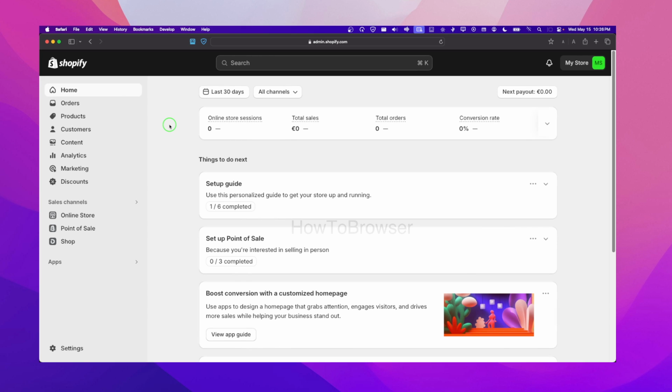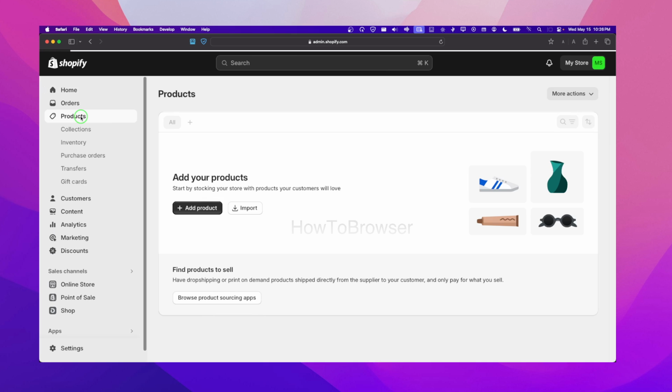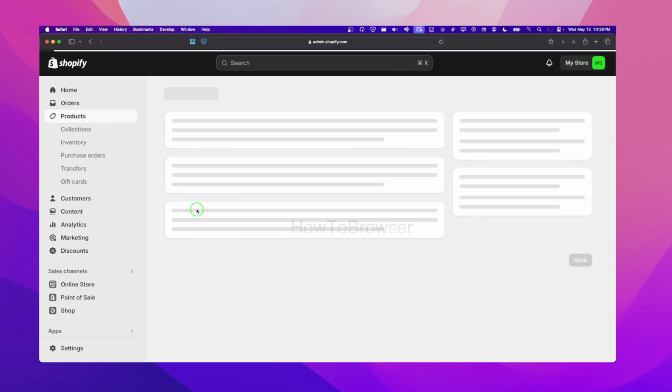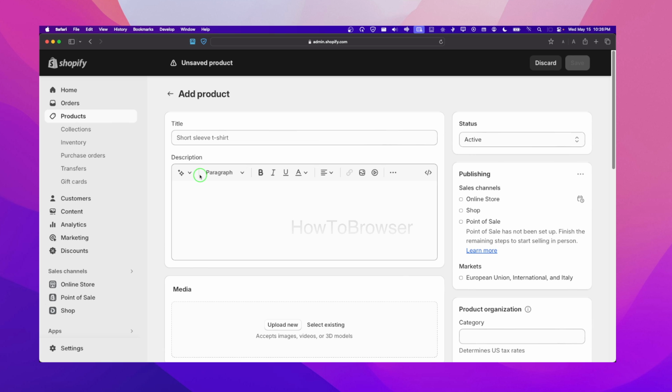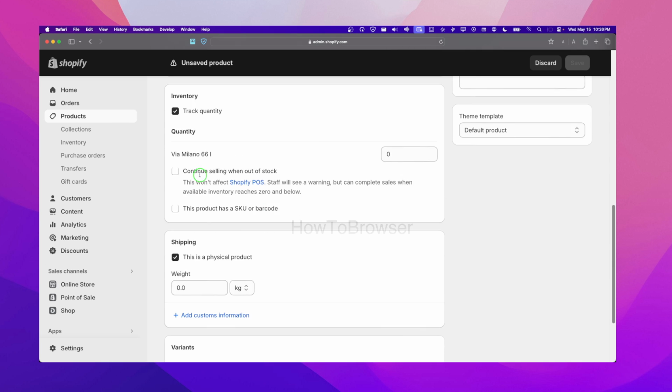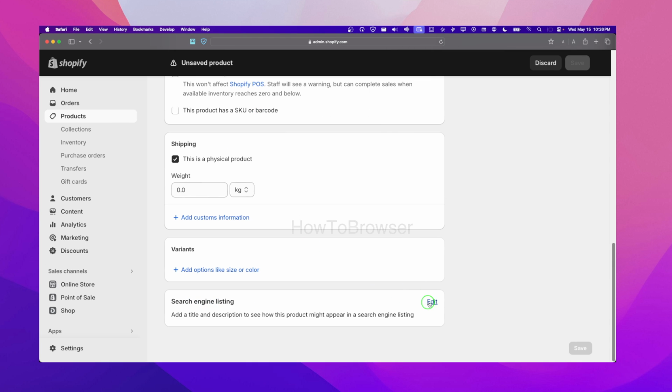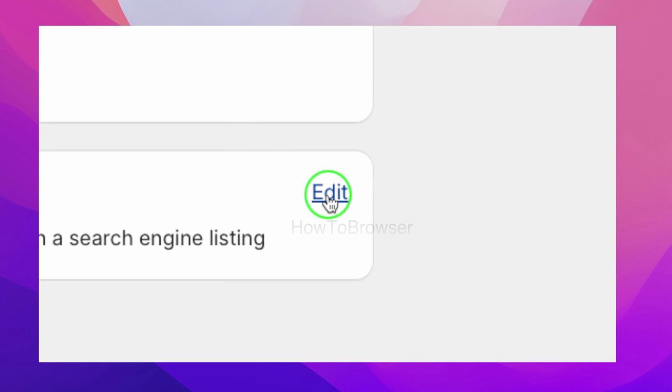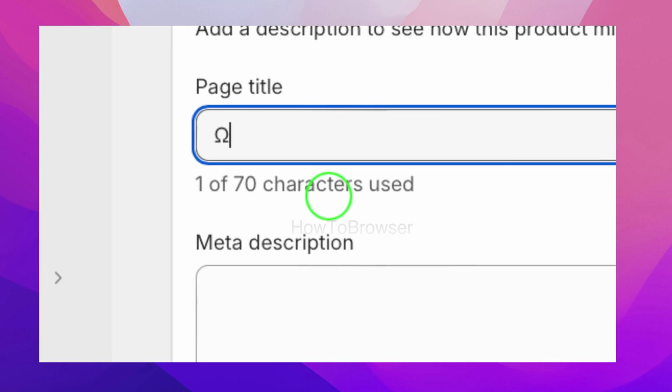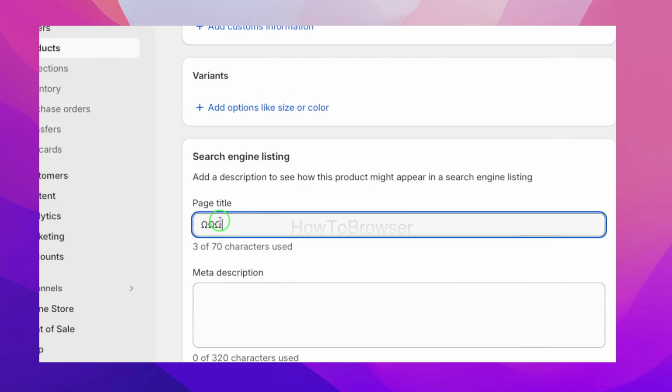Alright, so we're gonna have to head over to product here, and then we're gonna have to click on add product. Here, just scroll a little bit down. Here you should see edit. Click on edit, and now we have here page title and